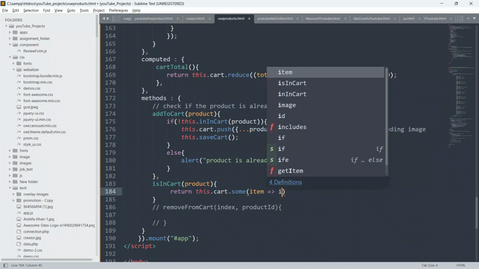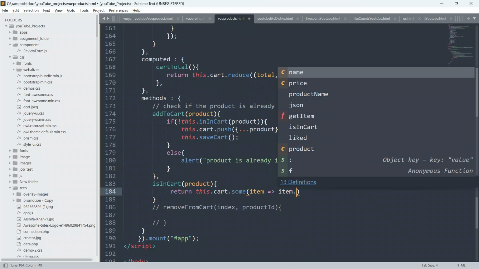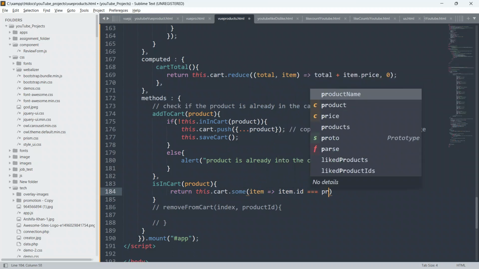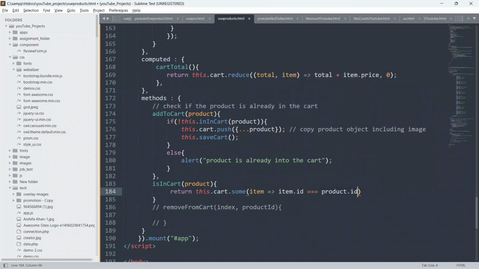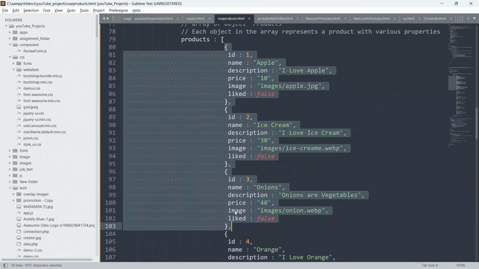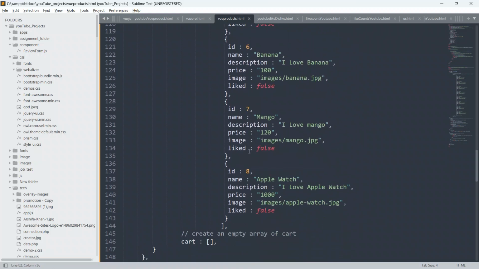I'm going to do item dot id equal to product dot id. So this says some item fat arrow function, item dot id equal to product dot id. This entire product has got the id also, 1 2 3 4 5 6 7 8.